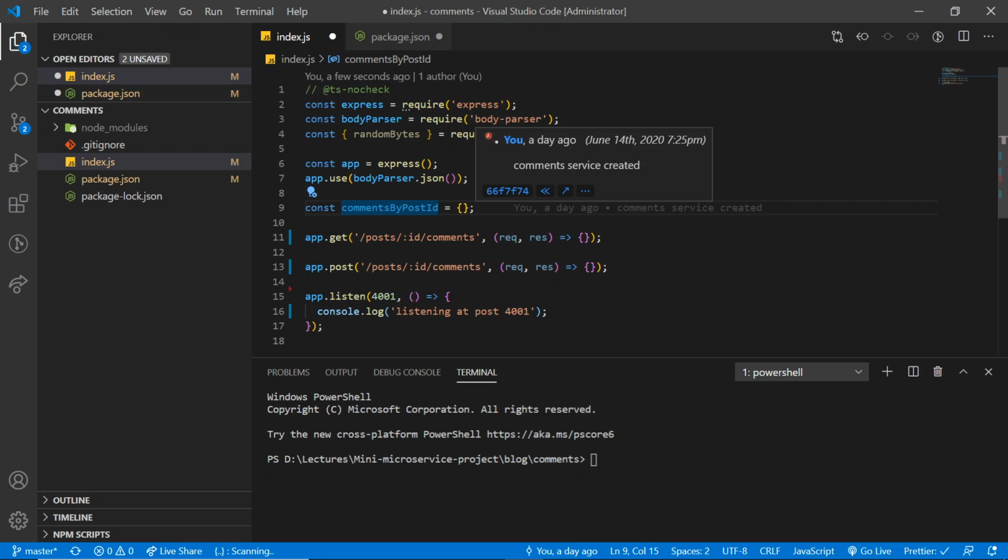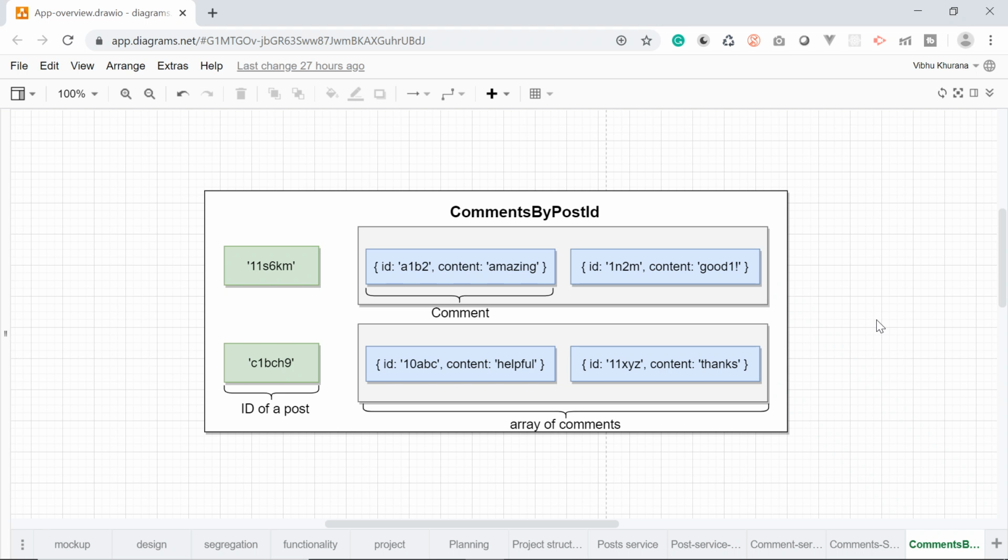Let me show you a diagram to help you understand what this object is going to really look like. So here is the idea. Comments by post ID is going to look like this diagram right here. It is going to have some keys and those keys are going to be the ID of a post that has been created inside our application. Then for each of these keys, we are going to have an array of comments.